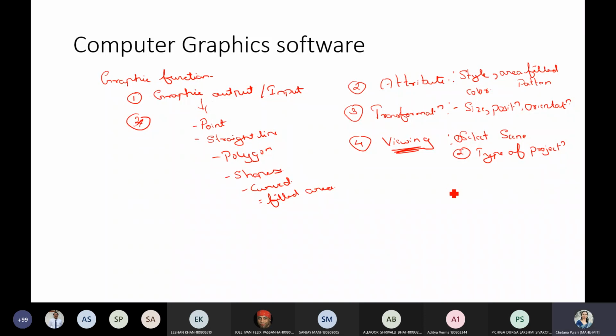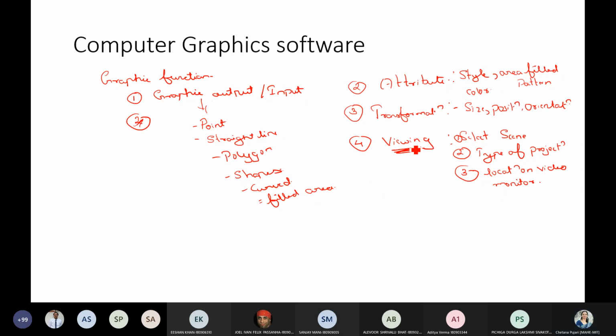Once the projection is used, you are going to select the location on the video monitor where you want to display your image, right? So these are the steps taken care of in your viewing transformation.